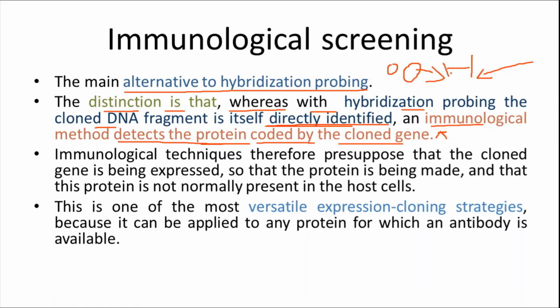Screening, yes, selection. But hybridization probing is not like that. Hybridization just directly denatures the cell and adds the probe to see whether the gene of interest is present in the cell or membrane. The probe easily binds if the corresponding DNA is there, and only then does the probe bind. So we can identify the clones.